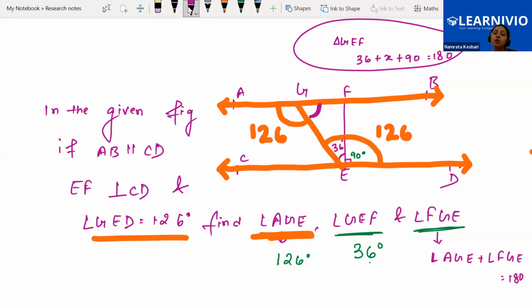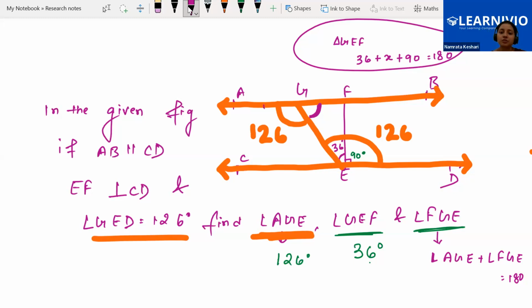Is it clear to everyone? Will you be able to do it completely from starting to ending by yourself, one by one? Will you be able to show the angles and find the angles, or shall I write it over here? Ma'am, can you write that angle FGE? I didn't understand that. FGE, you can take it as a